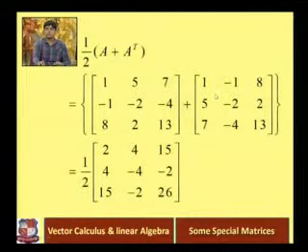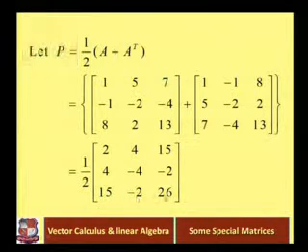The final result of the addition of the two matrices is [2, 4, 15; 4, minus 4, minus 2; 15, minus 2, 26], and this 1/2 is standing here. We can easily say that this matrix is symmetric because when we interchange rows and columns, this matrix is unchanged. So the P matrix, 1/2 [2, 4, 15; 4, minus 4, minus 2; 15, minus 2,